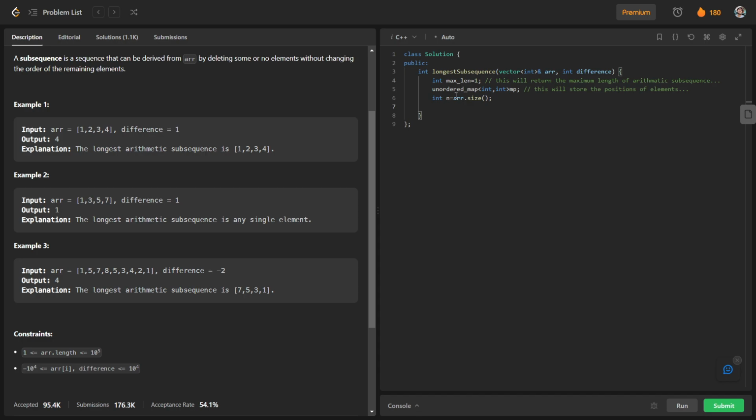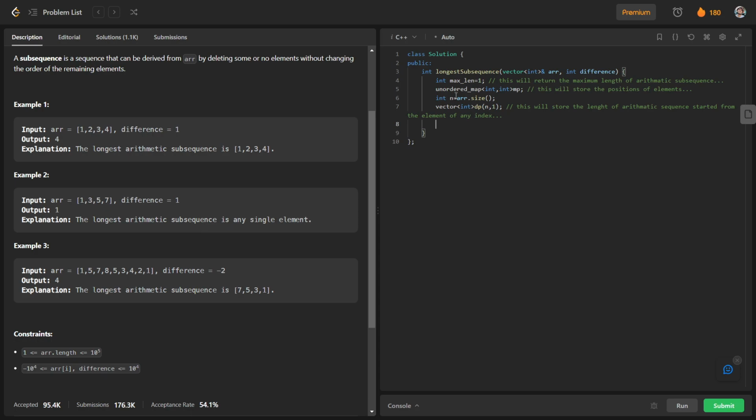And we will have a vector dp, which will be of size n and initialized with 1. What is the use of this vector? This vector will store the length of the arithmetic sequence started from the element at any index. So this will be the work of this vector dp.